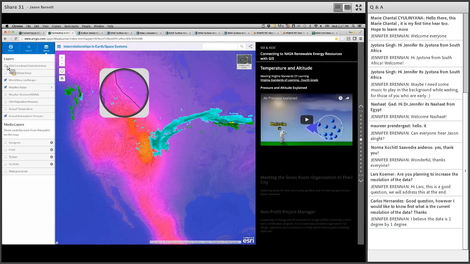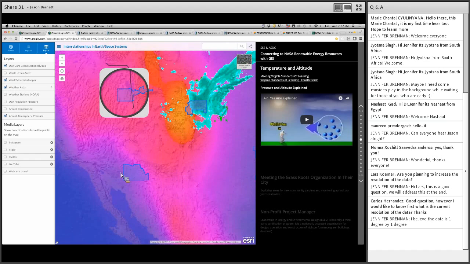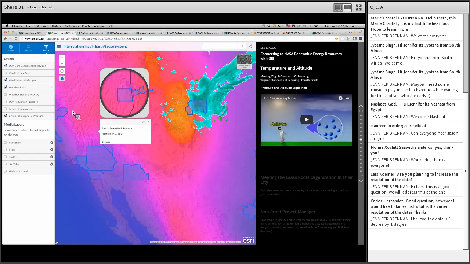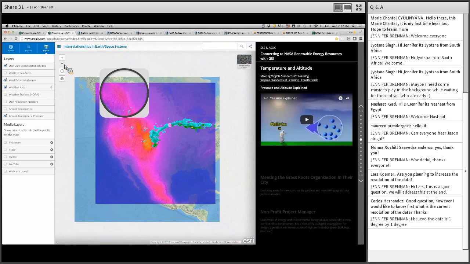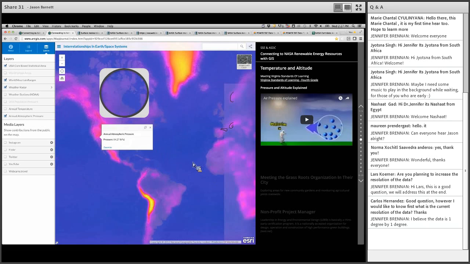Turn on USA Core-based statistical areas if they wanted to look actually where their city is and what their values are within these actual areas as well, or zoom back out globally and see what it looks like for the pressure across the globe and across several different mountain ranges. The idea here, though, is that we're trying to meet the teacher where she is in the classroom when doing